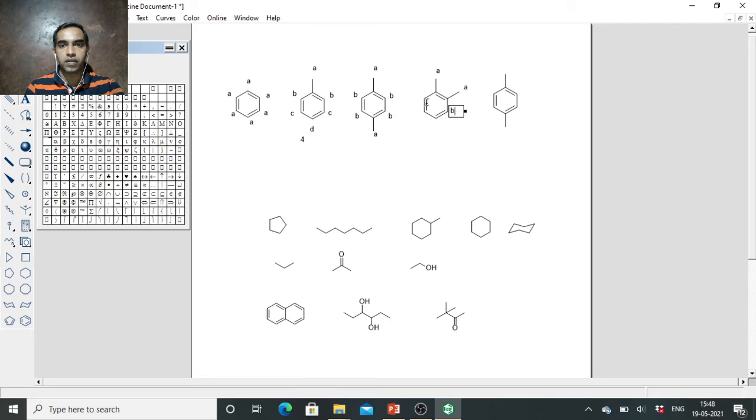Same thing here, so this is one type, again this is also the same, correct? And this will be ortho to this, and see, again this is also the same. So 3 sets of equivalent protons, you will get 3 peaks in NMR. So these 2 will come at one place, these 2 will come at one place, these 2 will come at one place. And that's all I wanted to explain, equivalent and non-equivalent protons.